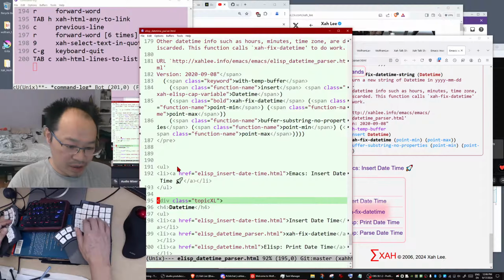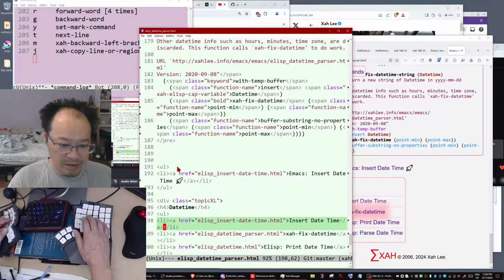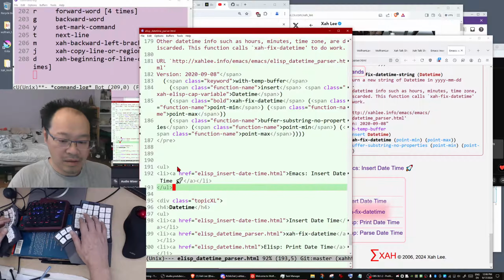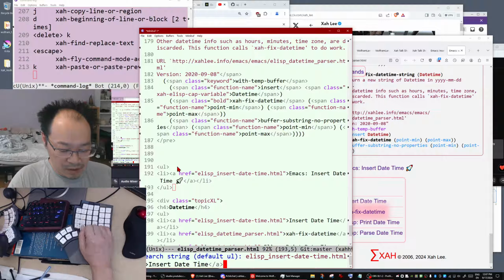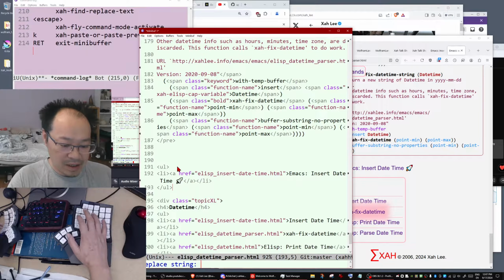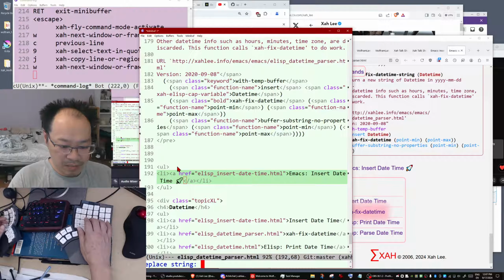So normally what you do is you copy this file path, copy this part, and then let me show you. There's this command, find replace text, you can see in the pink window. You want to find this text, enter, and the replace string. What do you want the replace string to be?